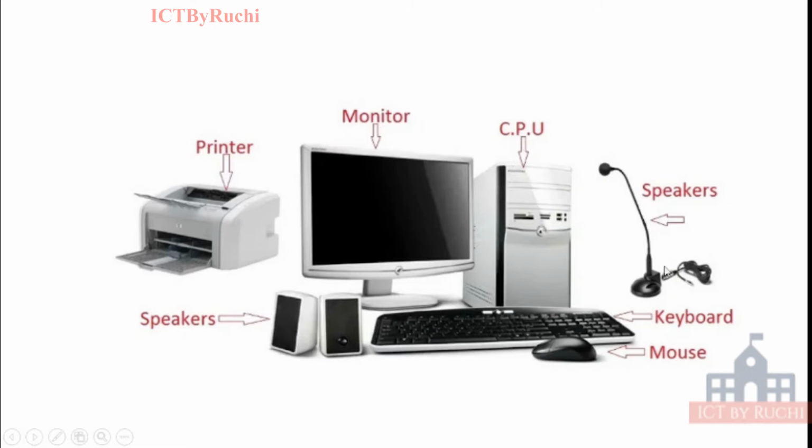This is a microphone, which can be external or inbuilt also. It is used to record our voice, meaning we speak on it, or if we want to give the computer some instructions, we can speak and the computer can do it for us. This is a keyboard. Keyboard is used for typing. We type things like alphabets and numbers from it.